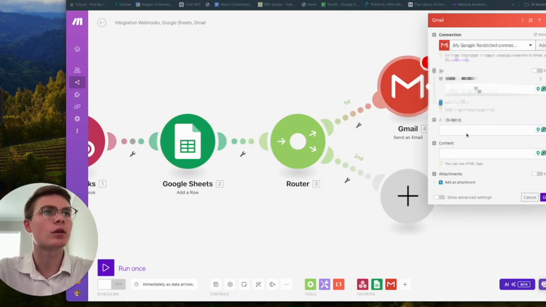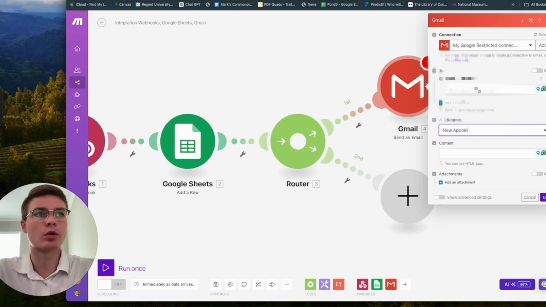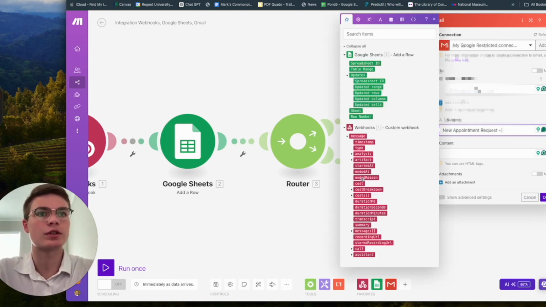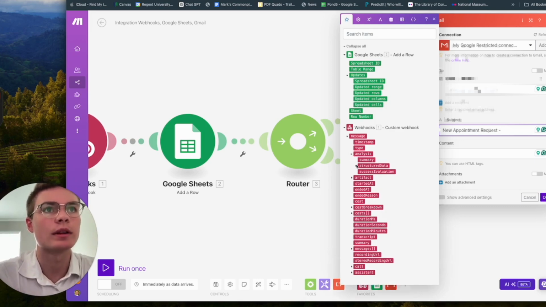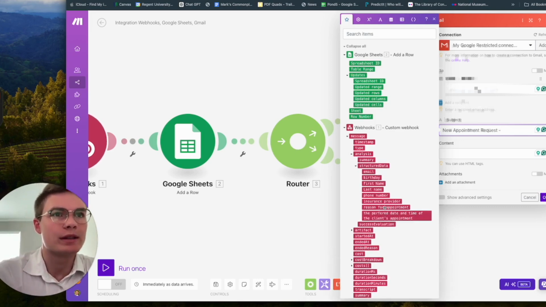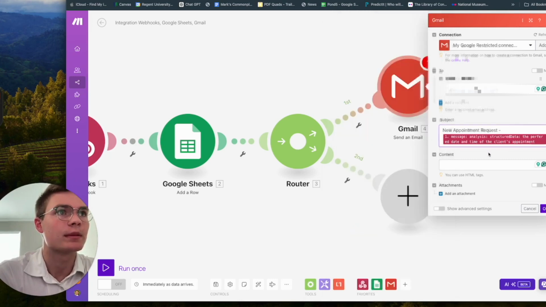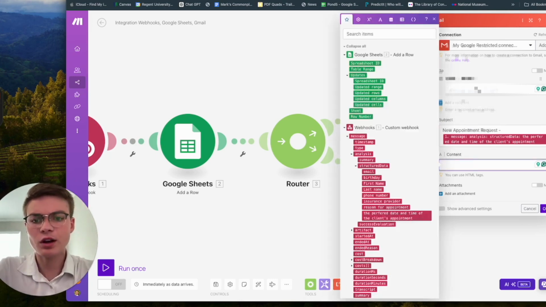Okay. And then from there, we'd put in a subject. The way I do it is new appointment request, so the staff members can see. And then for good measure, we'll put in the appointment date and time, to help them out. So we'll input appointment date and preferred date and time of the appointment. Okay, content. Now for the content, what we'll do is we'll say, hi,